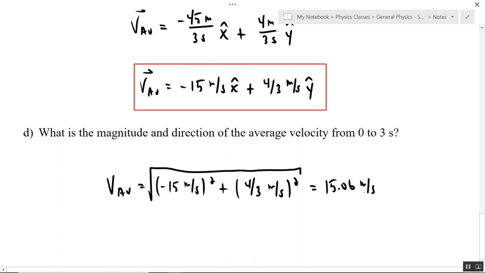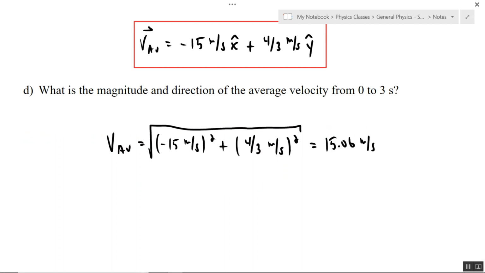So this is easier to comprehend. Basically what it means is on average you're moving at 15.06 meters per second to get from point A to point B, right? This is on average how fast you were going. That's one way to figure it out. You can also figure it out from